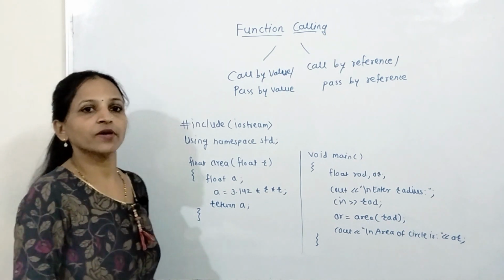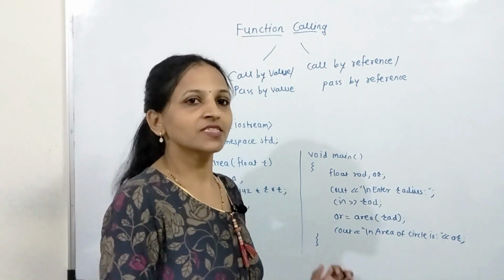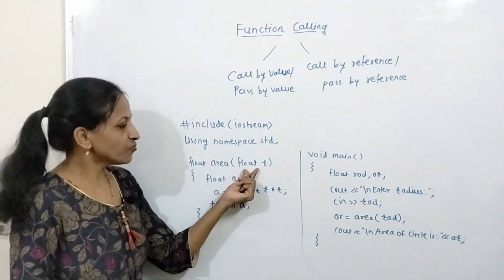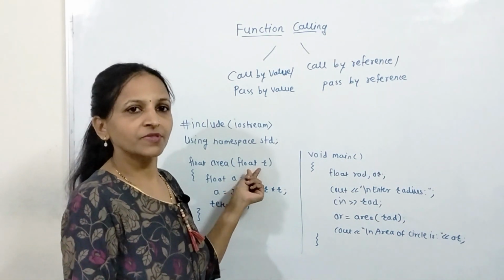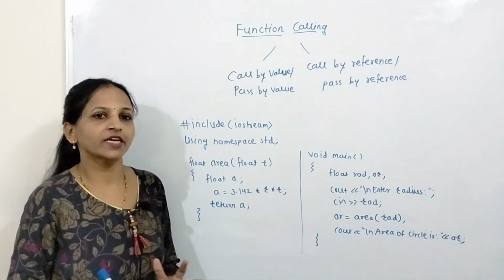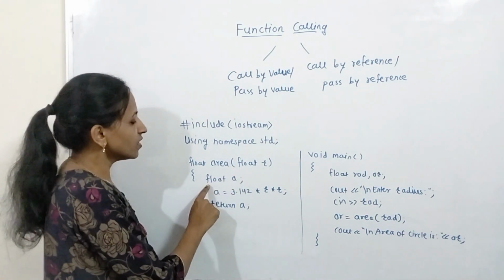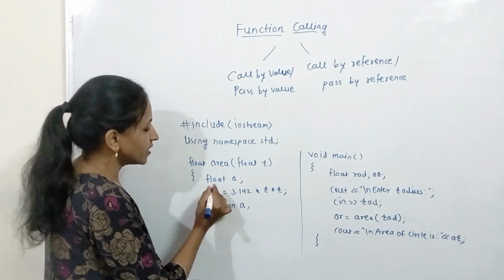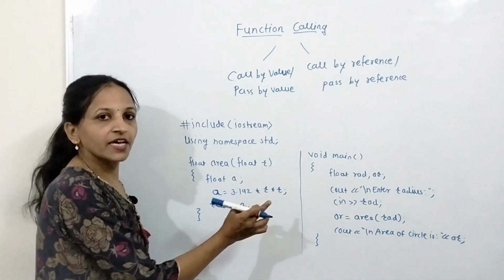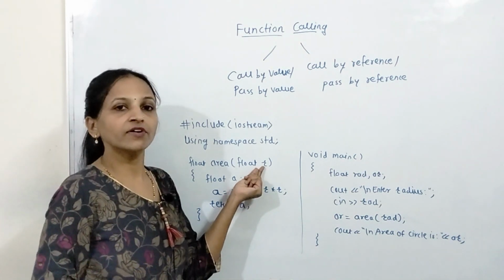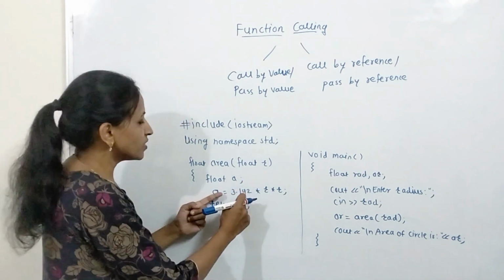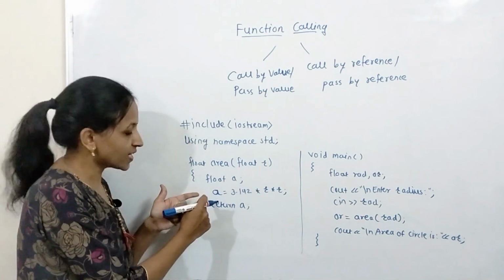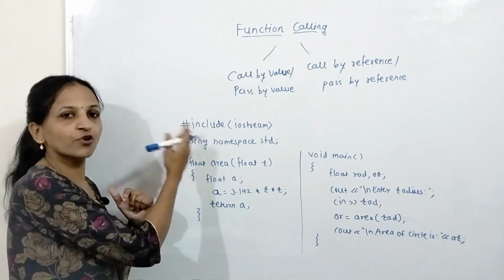Now let us see one program using the functions concept in C++. See here, I have written one area function, to which I am passing r. This is the function to calculate the area of a circle. Here we have declared a float variable a. Then inside a we are calculating the area of that circle. Here we have the radius in the r variable. Now 3.142 into r, whatever calculated value will get stored inside a, and that we are returning from this function